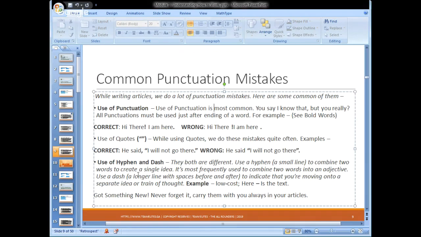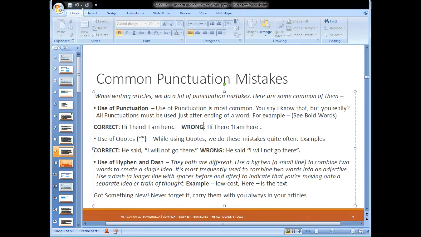Hello, everybody. So, where were we? Okay, punctuation mistakes are the most common. You say that I know that, but you really. So, all punctuation must be used just after the ending of a word. For example, see the bold words for the example. So, the correct sentence is Hi there, I am here. So, you need to see this exclamation mark and this full stop.